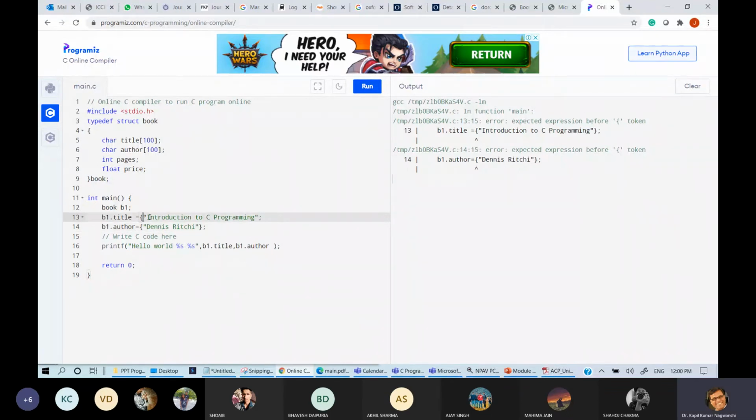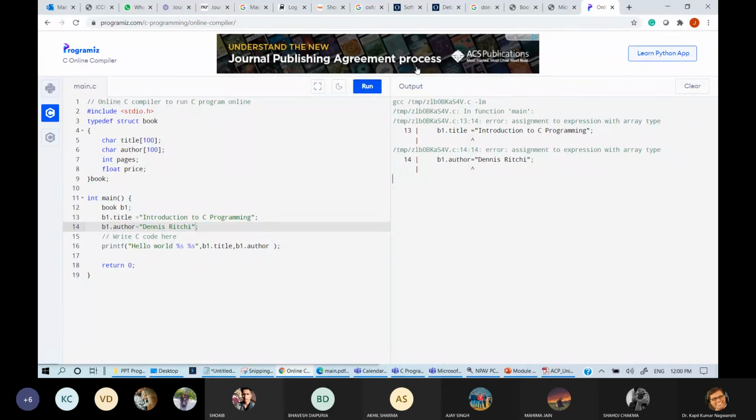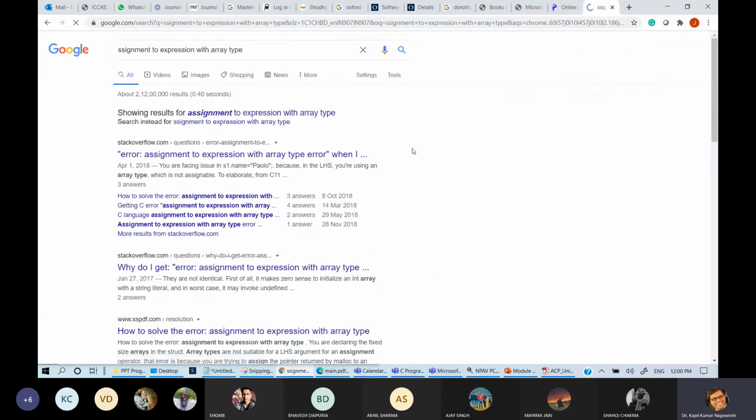ऐसा बिल्कुल नहीं होता है क्योंकि ये अरे है, an array of character. Let me check the error.